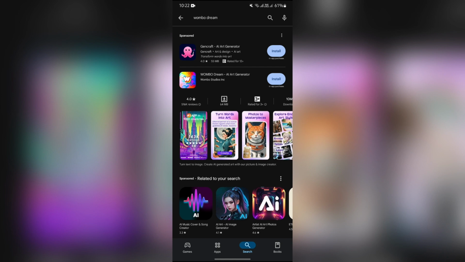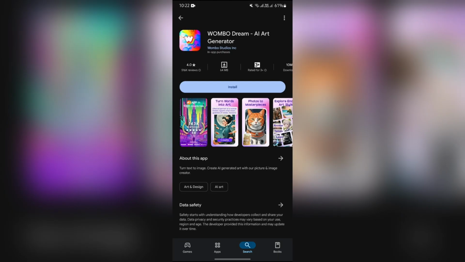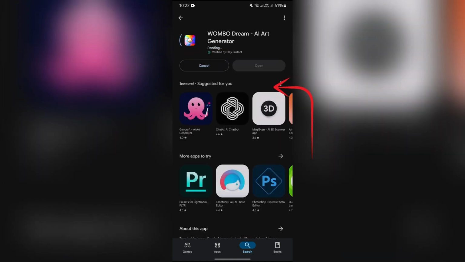Then this colorful application, Wombo Dream AI art generator, will appear. You simply have to open that application and then tap the install button. After tapping install, the Wombo Dream application will be successfully downloaded onto your mobile phone, depending on